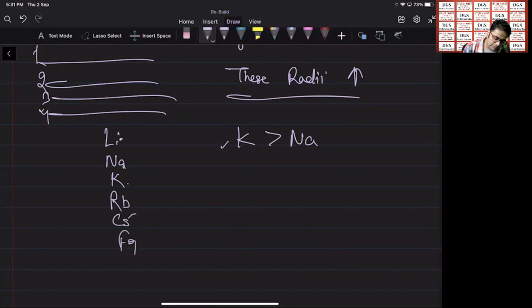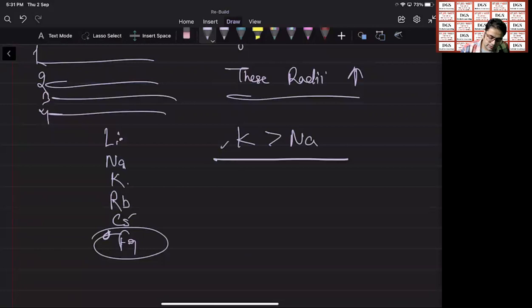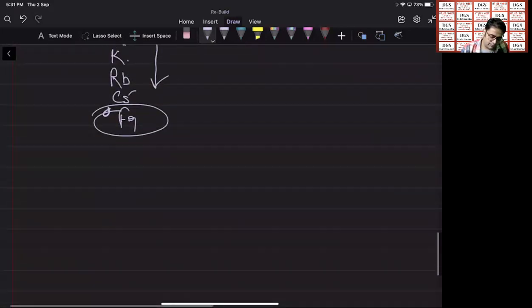Francium is a radioactive element. So my dear students, as we move down the group, atomic size will increase. Okay. And from left to right,